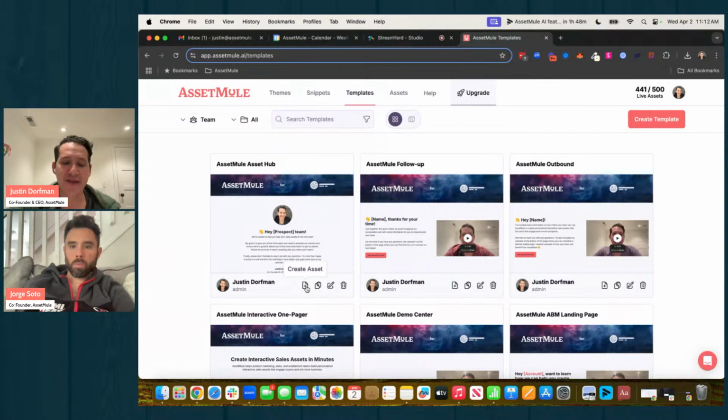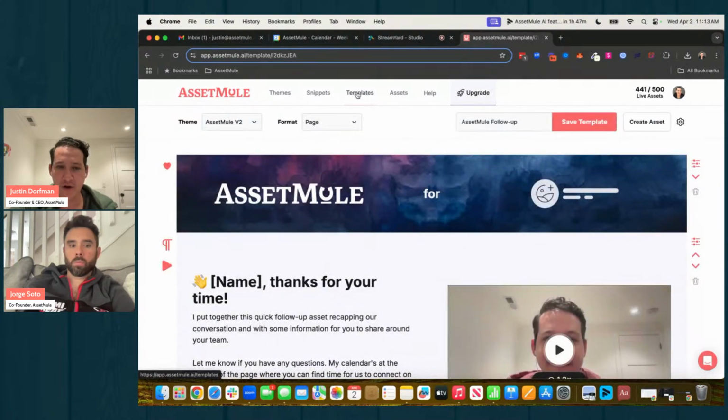But as I mentioned, the Asset Hub is also a component in our system, meaning that it can be added to any asset that you create or any template that you create in AssetMule. For instance, I commonly use this AssetMule follow-up template. So when I do a discovery call or when I do a demo, and I've been able to discover the core challenges and needs of a particular prospect, and maybe demo a couple of different solutions in our product that solve for those, I like to follow up with this follow-up asset